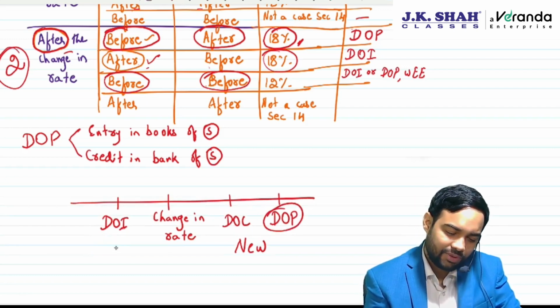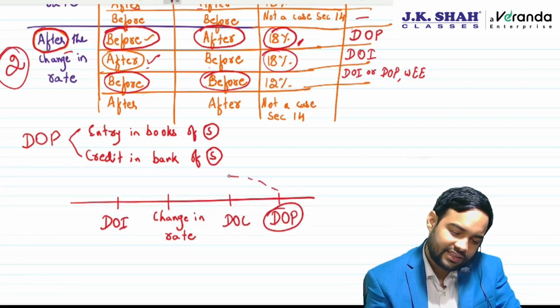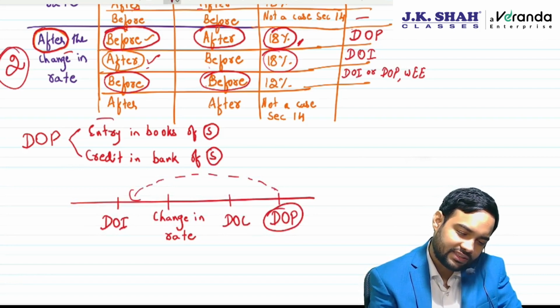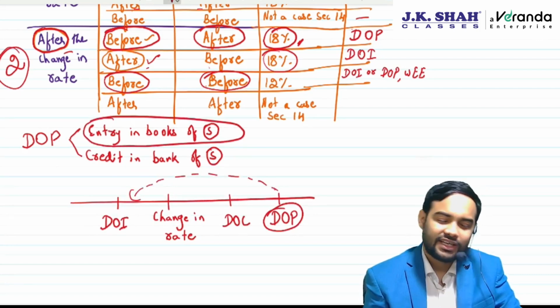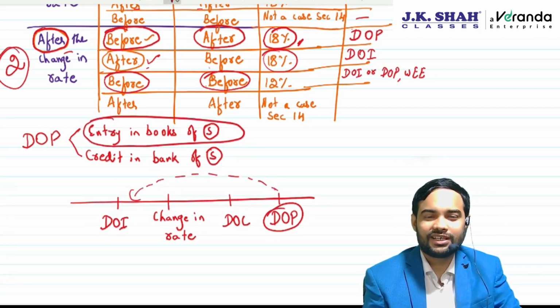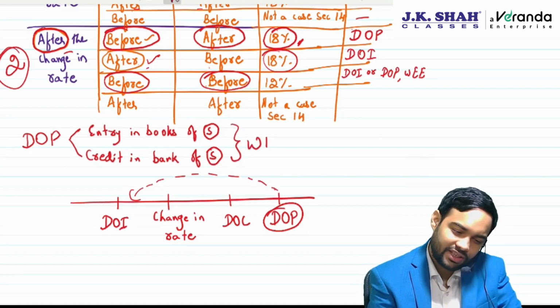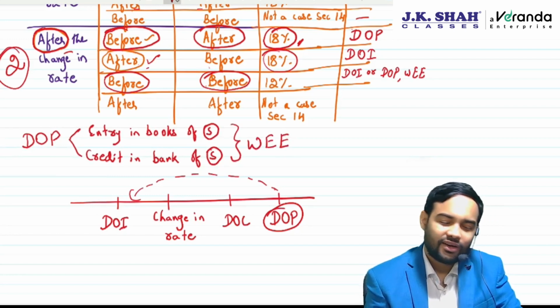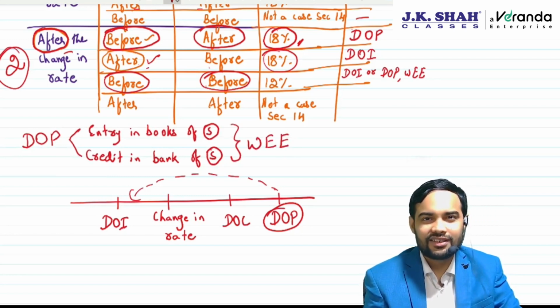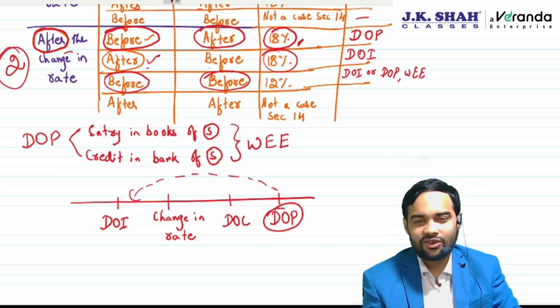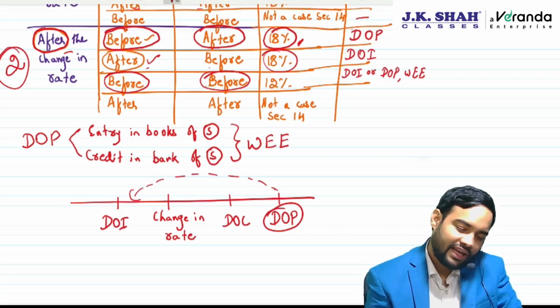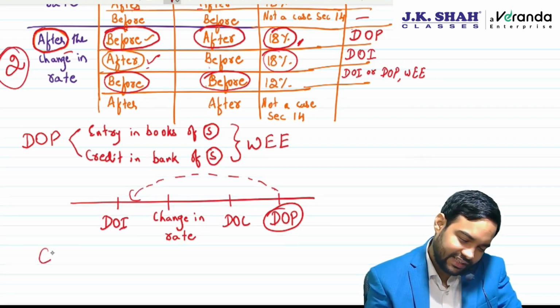Now some people might change the date of payment because it says entry in books. We will change the entry in books to be a date before the change in rate of tax, and we will get an advantage because date of receipt of payment is entry in books of supplier or credit in bank, whichever is earlier. Now, to have a check on this, government has said, listen to me very carefully,